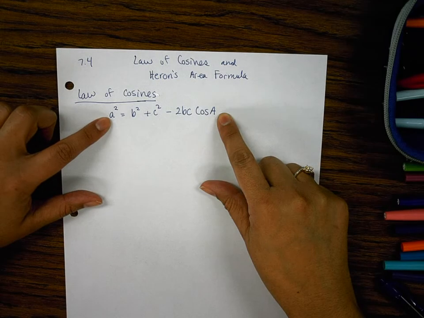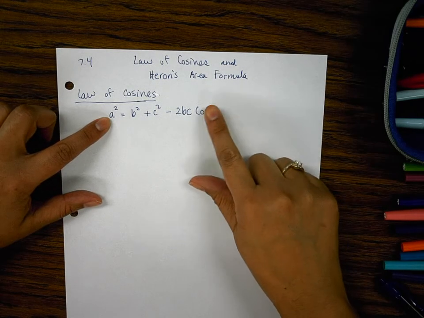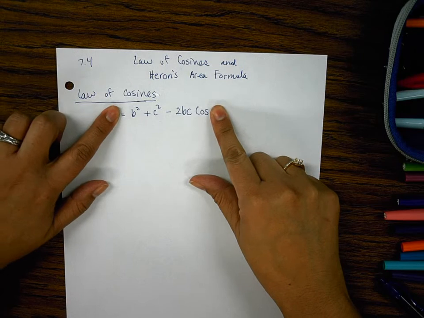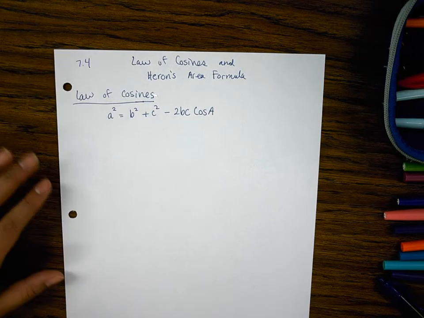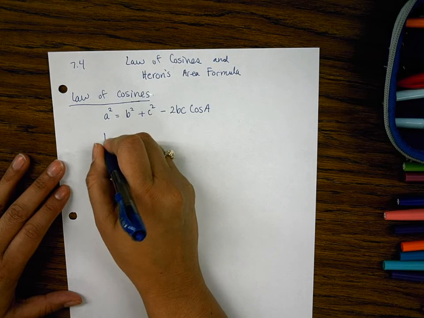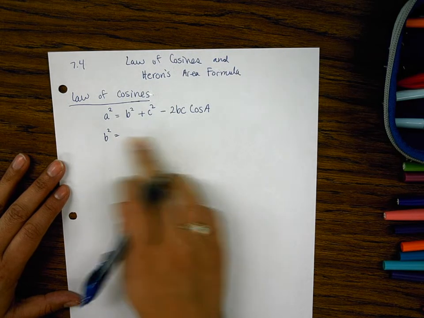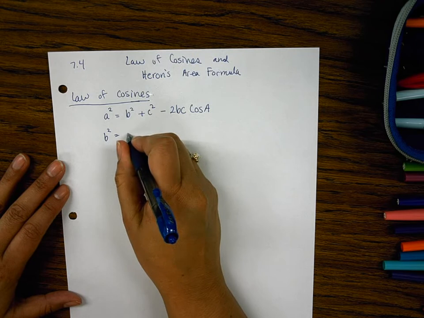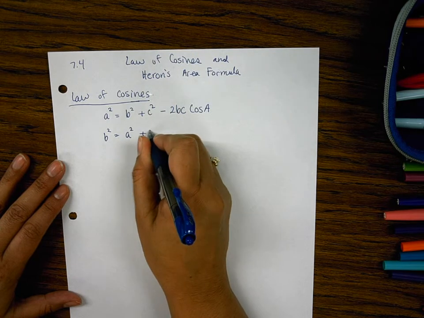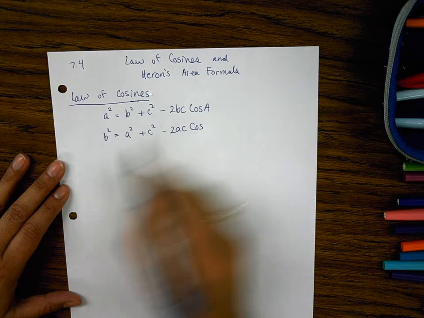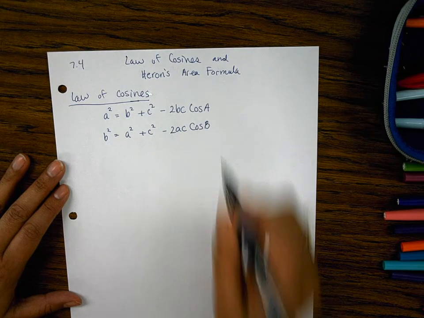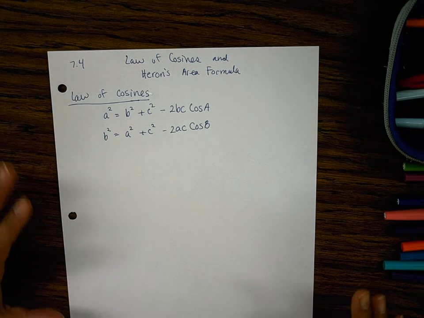One way to think of it is you start with a and you end with a. Lowercase a squared, cosine of angle A. And if you cover those, you see there's no a's on the inside. b squared plus c squared minus 2bc. Do you see that? And then start with a and end with a. So if you're starting with little b squared, you're not going to have any little b's in here. You're going to have a squared plus c squared minus 2ac, and then cosine, you started with side b, so